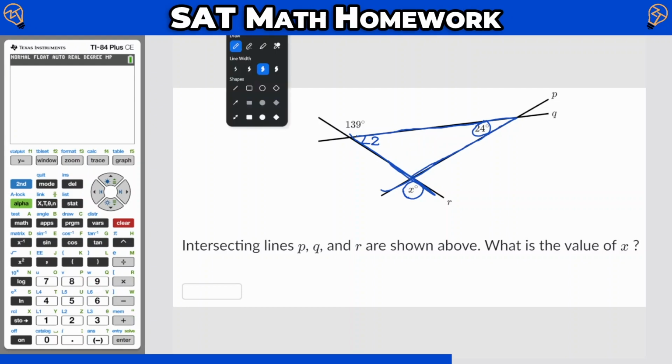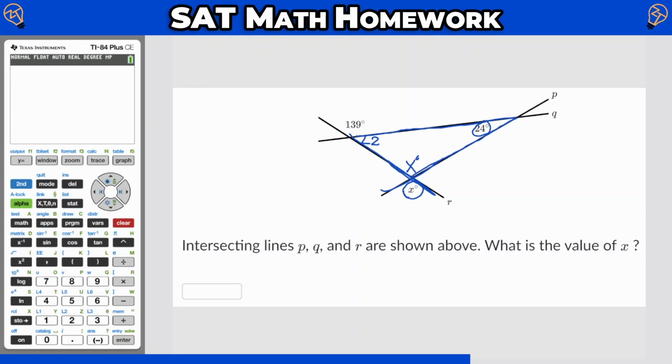So I'm just going to go ahead and rename it x. And then what we know is that all three angles in a triangle always add up to 180, right? So if I can get the measure of angle 2, then I'll only have one unknown and can find x. Well, right here, we have the other relationship we talked about, which is a linear pair. So those are supplementary. So if I do 180 minus 139,